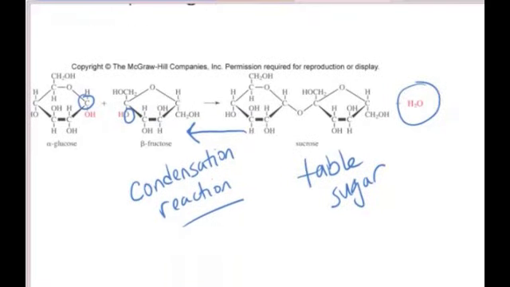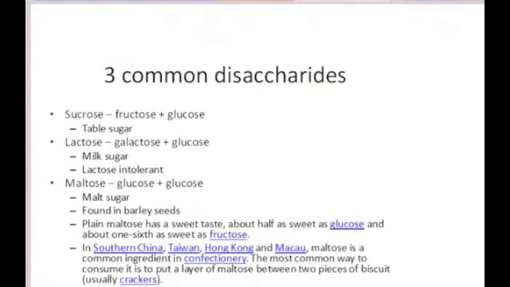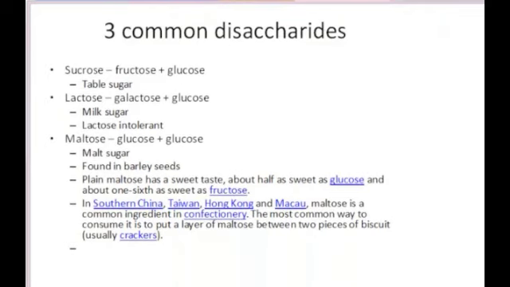There's other simple sugars that are disaccharides that are common. There's 3 common disaccharides that you may have heard of. Sucrose I just showed you, and it's a combination of the monomer called fructose and glucose, and that's common table sugar. Another common disaccharide is lactose. Lactose is also called milk sugar, and it's made of 2 monomer units, galactose and glucose, and galactose looks a